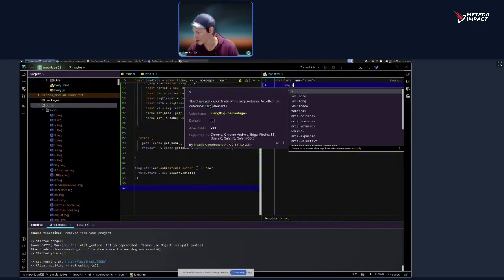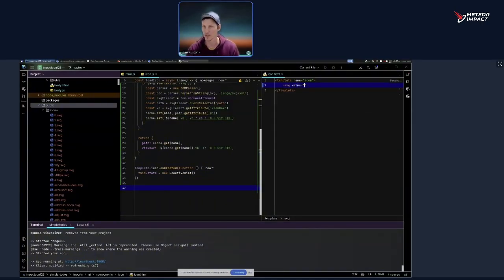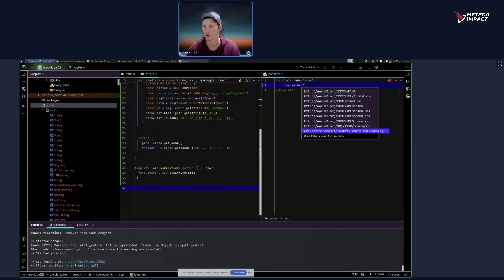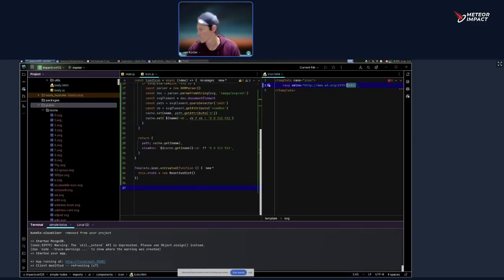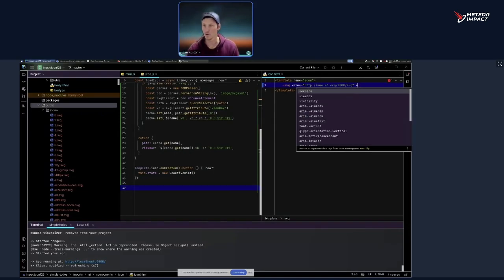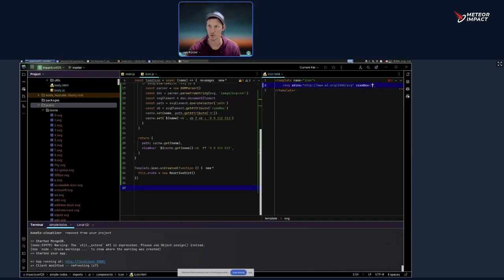We write SVG XML and as equals, and then what's the default is the W3 2000 /SVG standard namespace. The view box is what we return from the view box, and the view box is